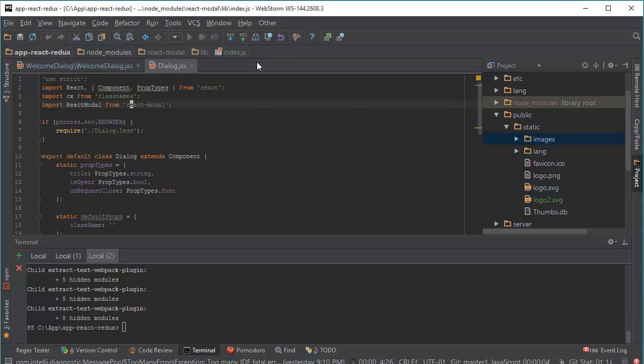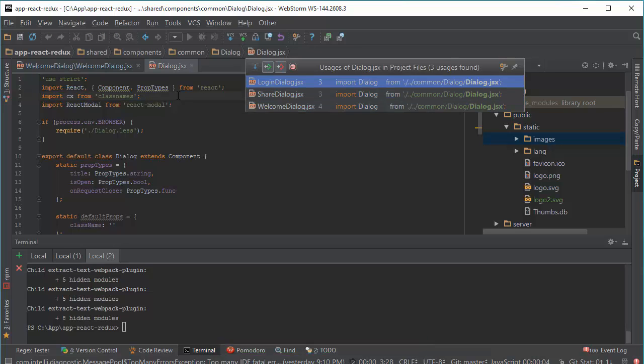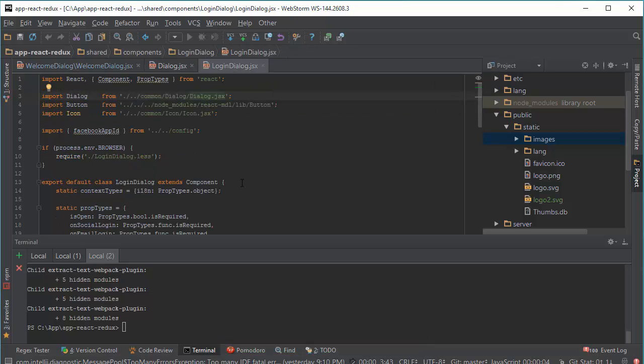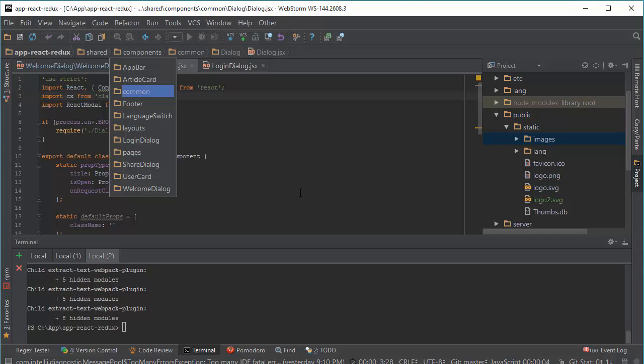And this created dialog we can use not only for welcome but for share and login dialogs. And components that we use not just in one place, we put inside the common folder inside components.